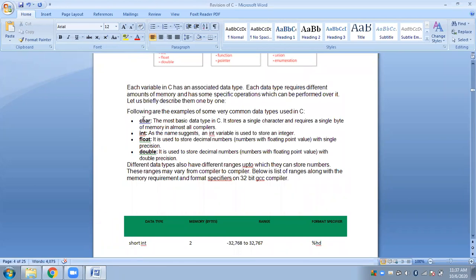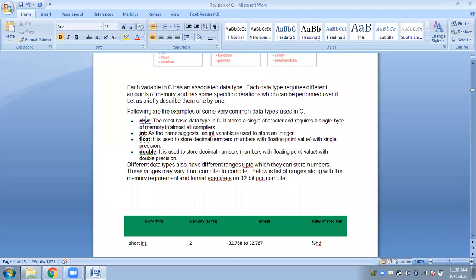Here we will first look at the four basic data types, starting with the character. We write it as char. Character represents 1 byte of data only. You also have to remember that data types are compiler specific, so depending on different compilers, you can have different types of data types. However, these are common in all, except for int. Initially integer used to be 2 bytes, but now with 32-bit and 64-bit systems, int is 4 bytes. Otherwise the rest are almost the same.